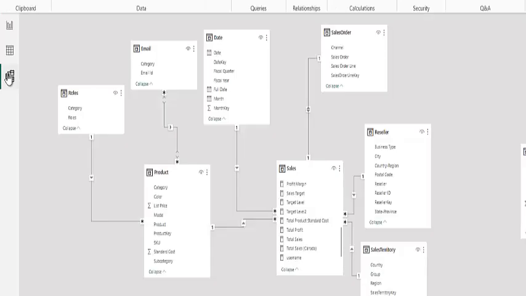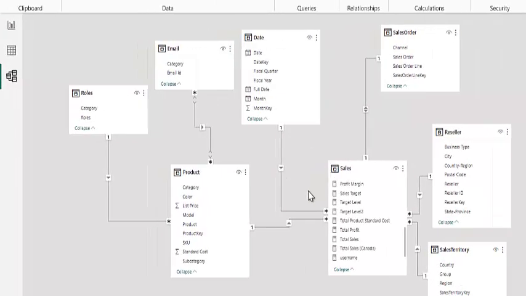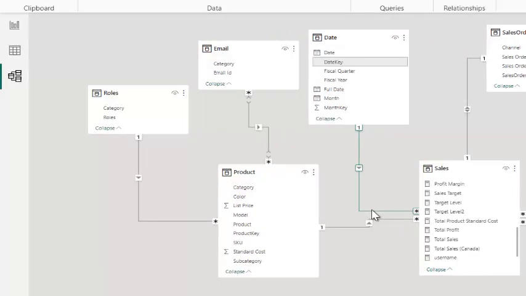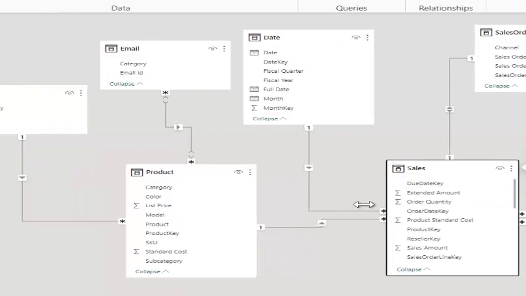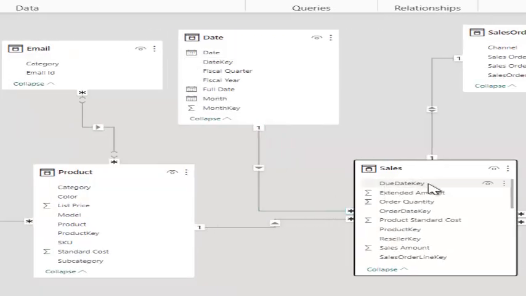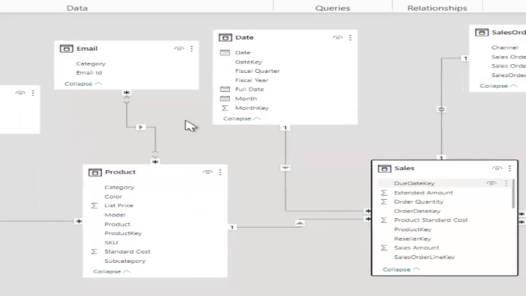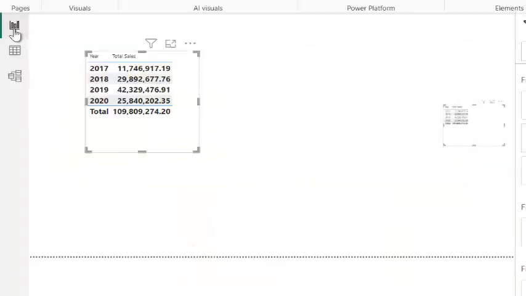Now let's go to our model view. You can see our model view. The two tables, the date table and the sales table, are connected. Once again, they are connected. Let me place my mouse pointer on the connecting line. When I place my mouse pointer on the connecting line, it shows me the column in which these two tables are connected. You can see that the two tables are connected with the due date key. Now the due date key. This is to tell me that based on that particular date key,